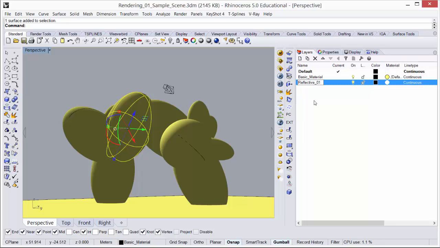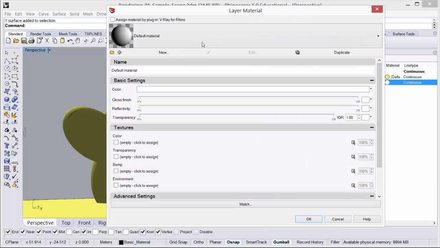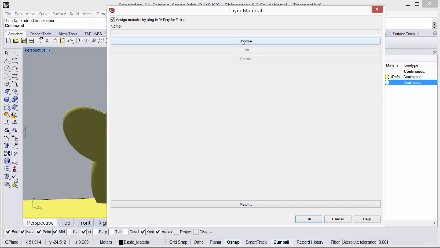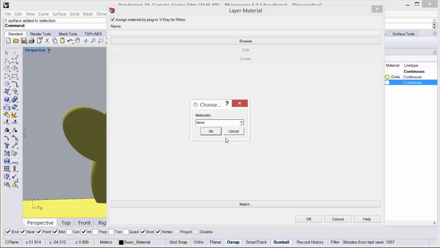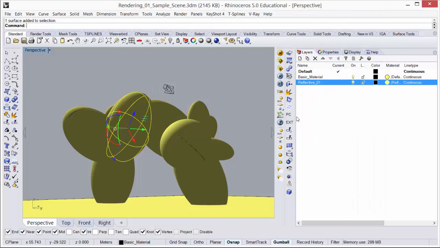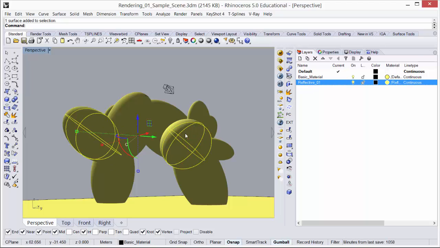reflective 1. And importantly, before I move any objects into this layer, I want to make sure that I've actually assigned the new material to this layer. So I come to the material swatch, and up here again, click Assign Material by Plugin, browse, choose the reflective material, hit OK, OK. Now I have that material assigned to this layer, and I just need to put a couple of objects into this layer. So I'm going to simply select a couple of objects from the gateway, and